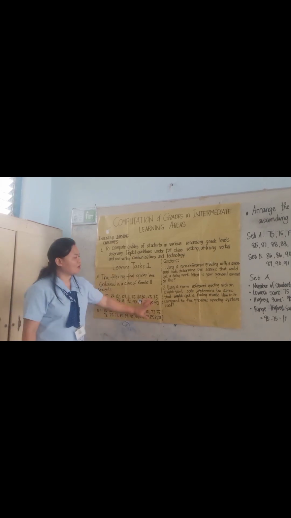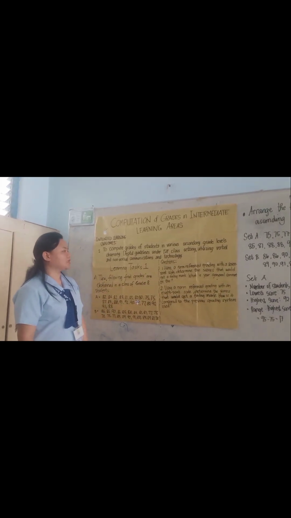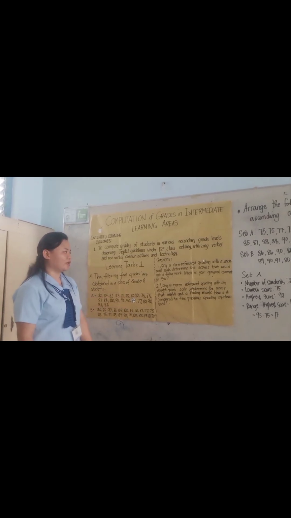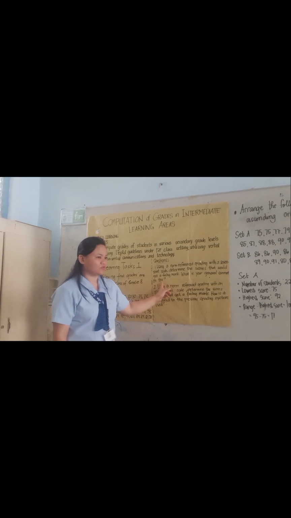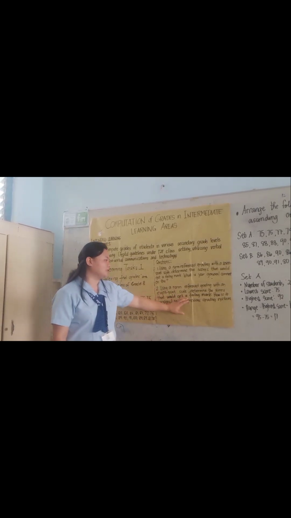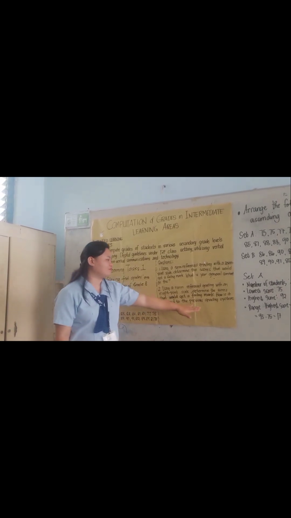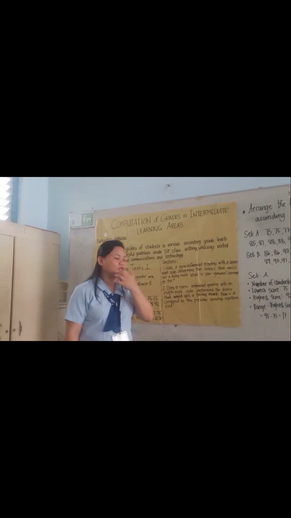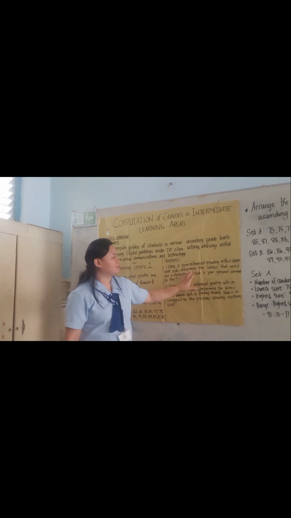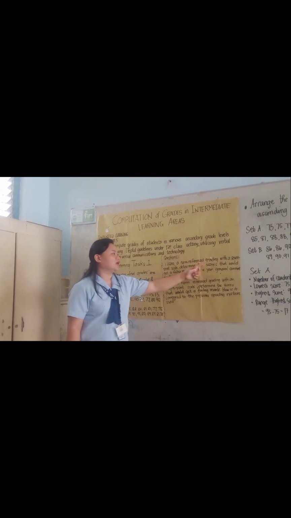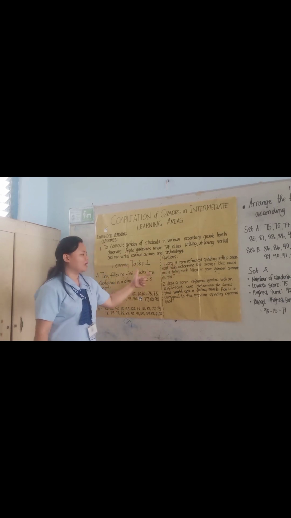The questions are: using a norm reference grading with a 7-point scale, determine the scores that would get a failing mark. What is your general comment on this? Then, using a norm reference grading with an 8-point scale, determine the scores that would get a failing mark and how is it compared to the previous grading system used. So, the following are the steps on how to determine the scores that would get a failing mark using the norm reference grading with a 7-point scale and 8-point scale.